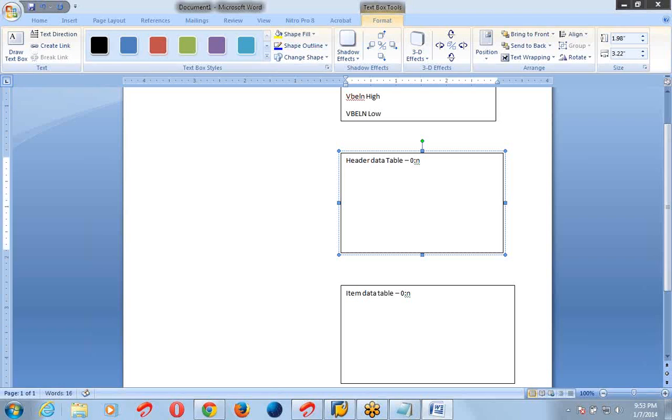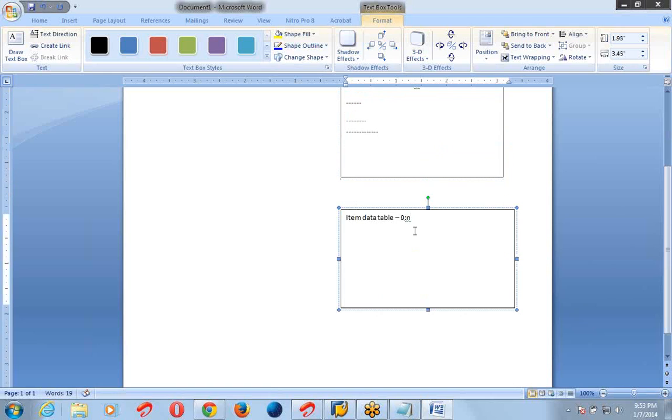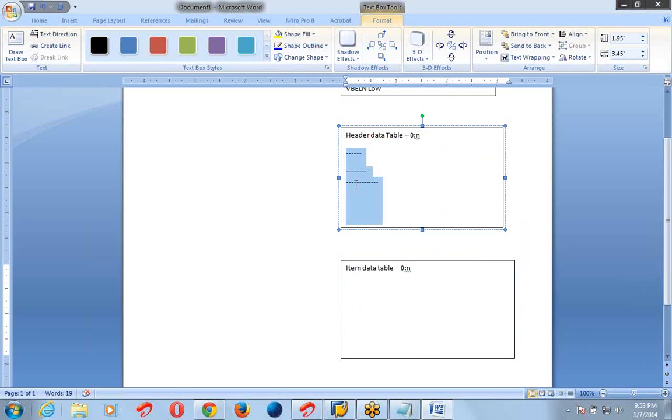In the table we will take some fields. Which fields will we select here? After that, we have to select some fields, which fields we want in the table.